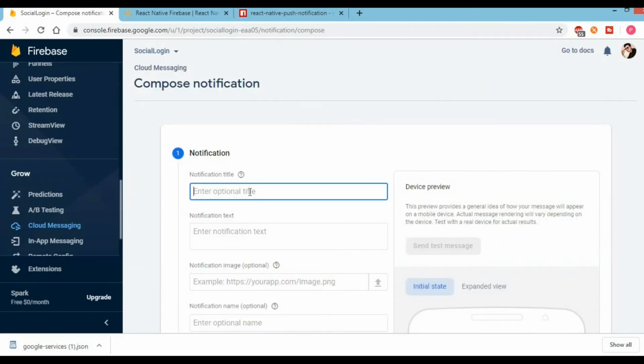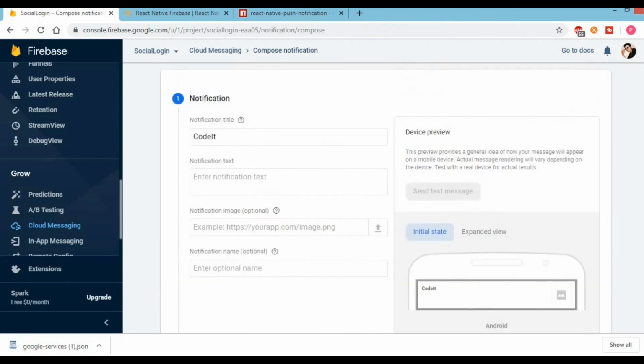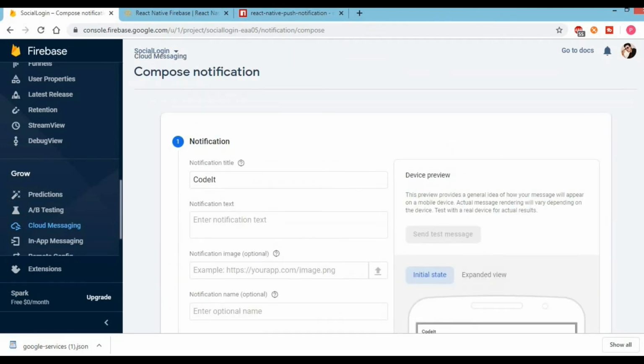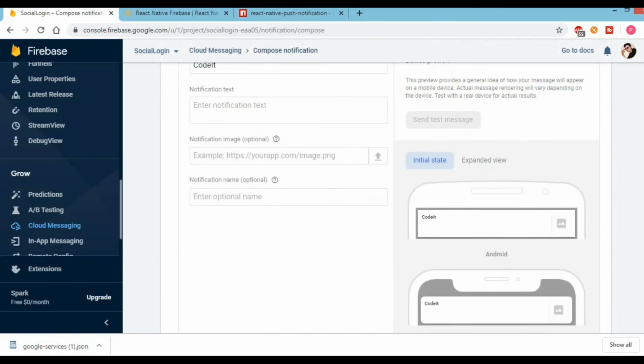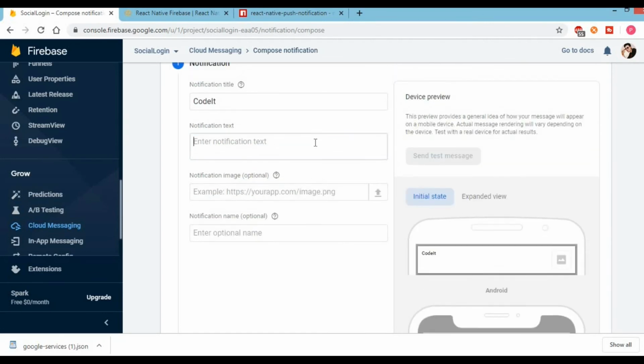Insert your notification title and notification text. You also can see the preview of the notification in the right side of the page. As you can see, I have written the title as Codit, my channel name, and notification text as a subscriber to Codit. So if you haven't subscribed,